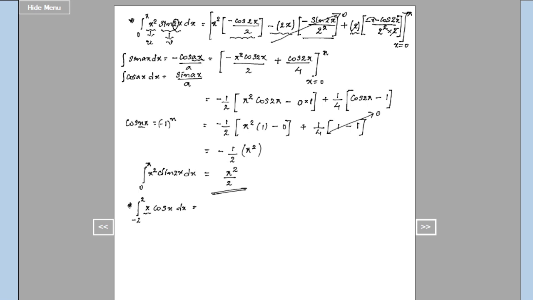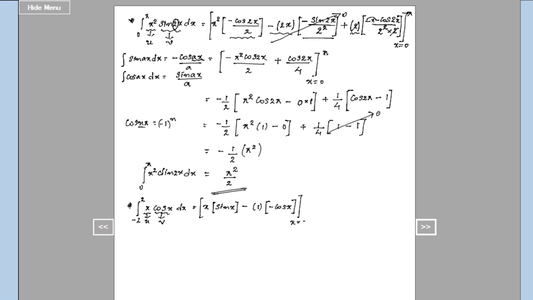So again, x is what here? An algebraic function, so I will name that as u. And cos x is a trigonometric function, I will name that as v. So apply the Bernoulli's rule. The rule says u into integral of v. U is x, into integral of v, that is integral of cos x, which is sin x, minus derivative of x, which is 1, into integral of sin x, which is minus cos x. Derivative of 1 is 0. So I am going to stop applying the Bernoulli's rule.